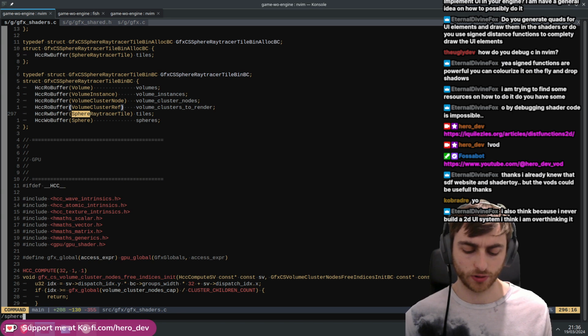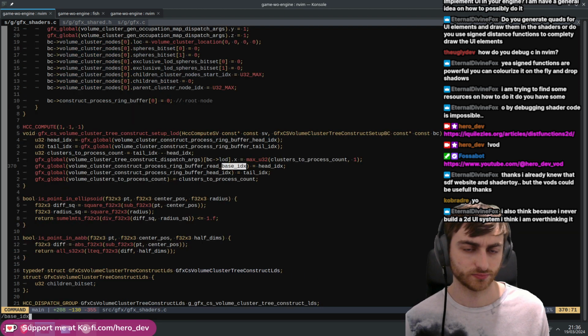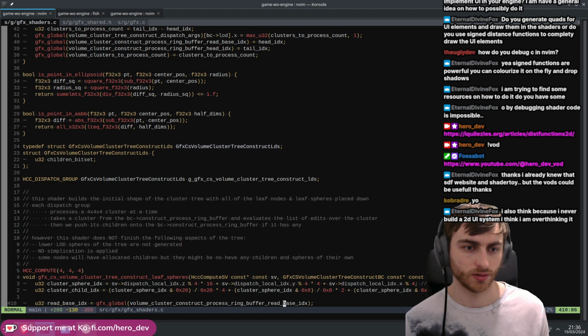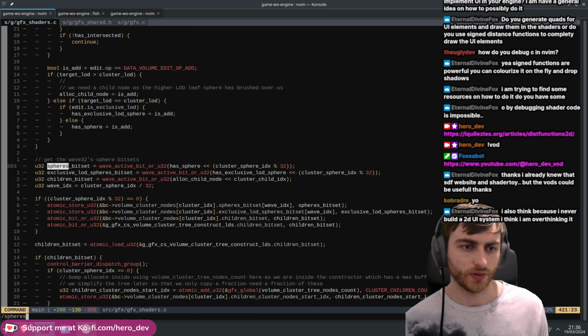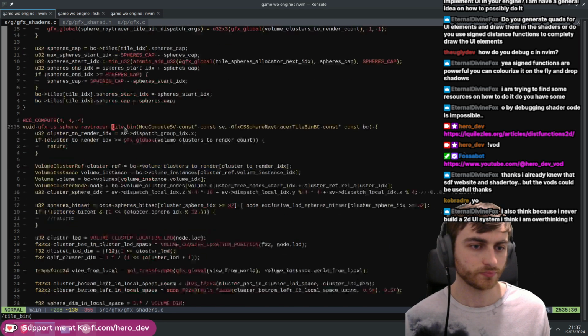Something I want to check actually is when we bump allocate spheres. Where is it? It's tile bin. When we do the binning,